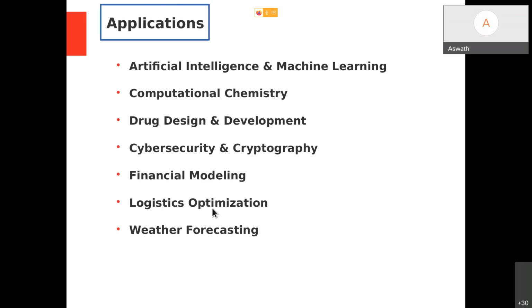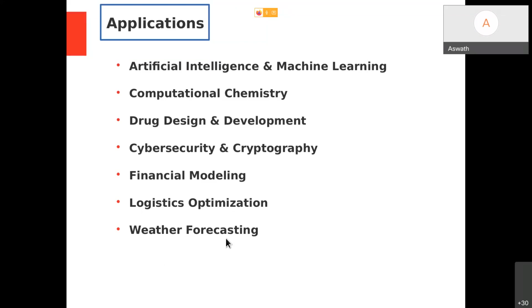Okay. And logistic optimization, that is the traveling salesman problem. Means if I had to find an optimal solution for a salesman to do sales with the least amount of utilization of resources, in that case multiple combinations of routes will be there. It becomes tough for a classical computer to find the solution. But with a quantum computer, which can access all possible solutions at a time, quantum computers can again outperform classical computers in this kind of logistic optimization.